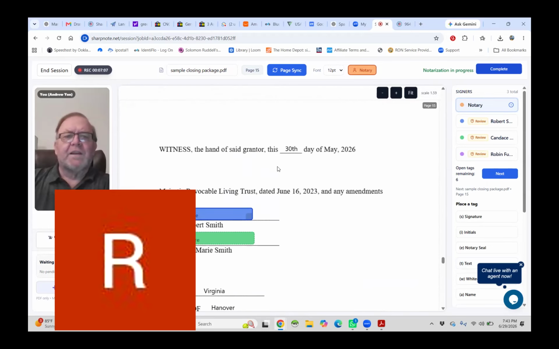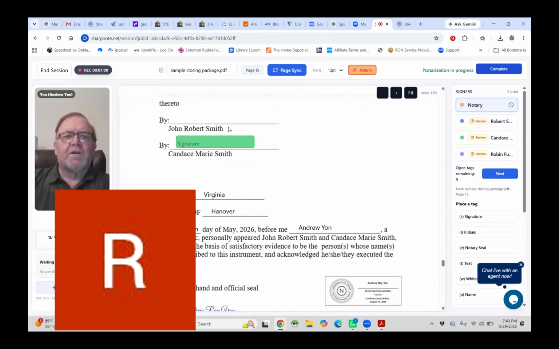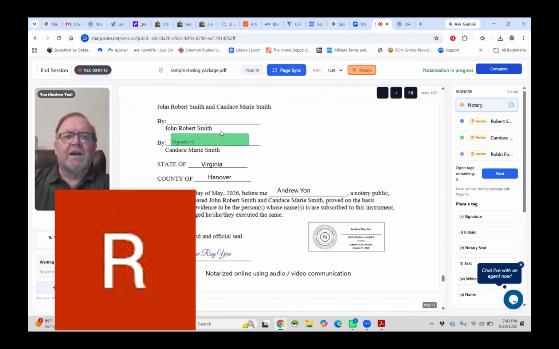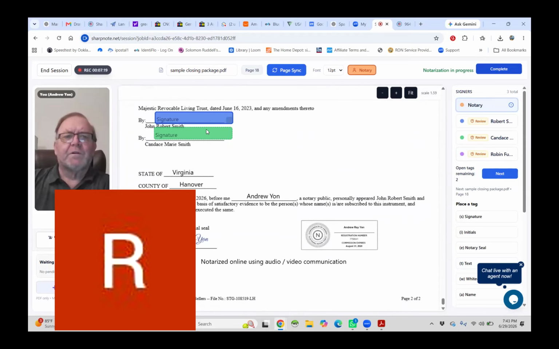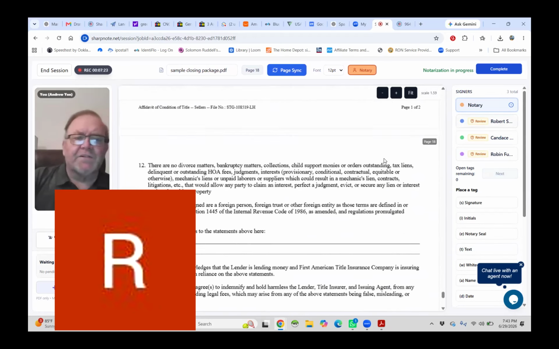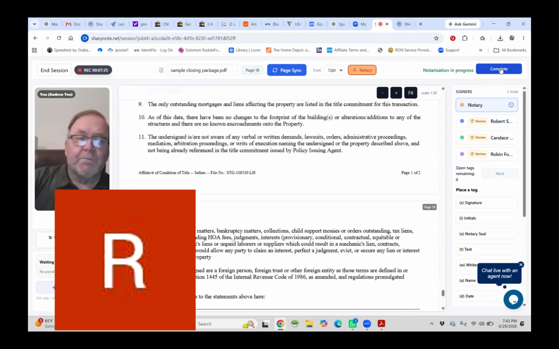Now, the reason I'm deleting these tags is I want to show you how we complete a document, and the system will not allow you to complete a document if there's an open tag. So I have to make sure there are no open tags on the system before I go to complete the document. Now, to complete the document, to say that I'm done, I'm going to click the complete button in the